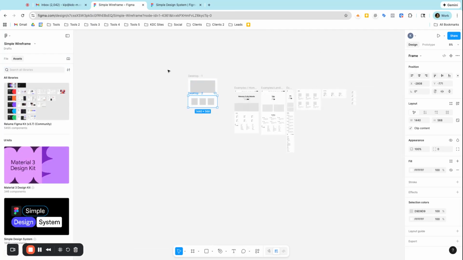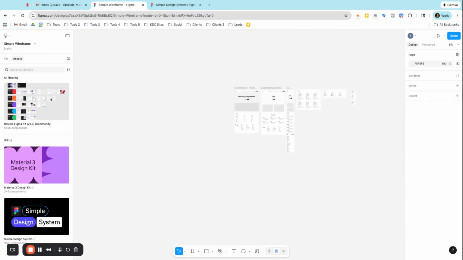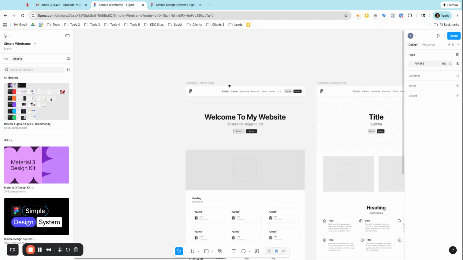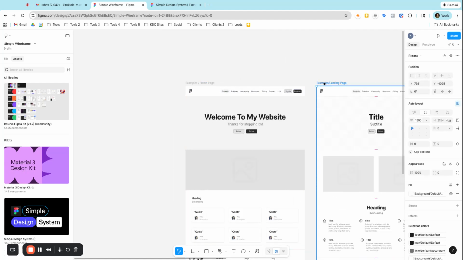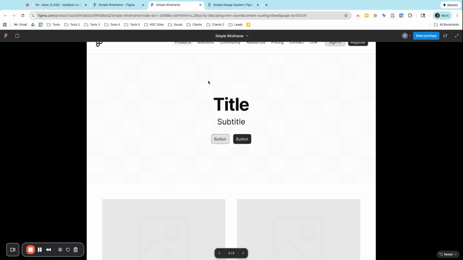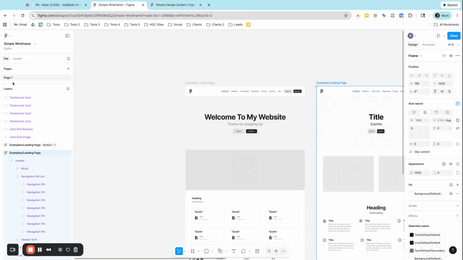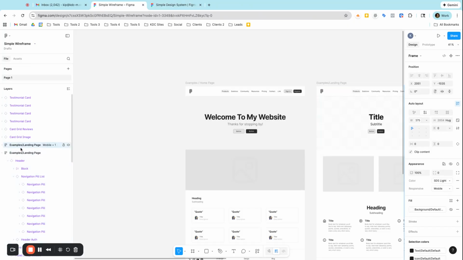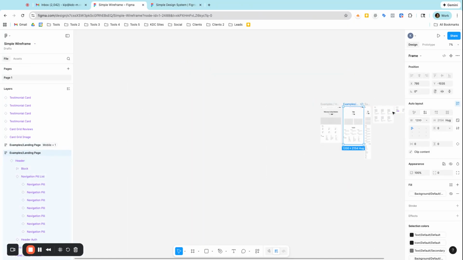One thing that I do want to point out, because this can be frustrating if you don't know, is if you want to preview this in the prototype section, these need to be in frames. So the Figma ones, I think, come this way, but sometimes you have components that are not frames. And so what I mean by that is over here, you can see that these are actually framed here, whereas this one,